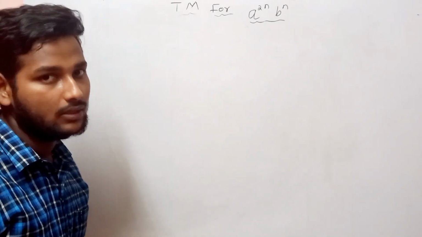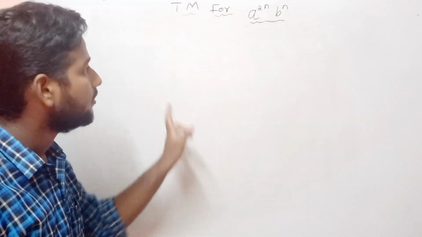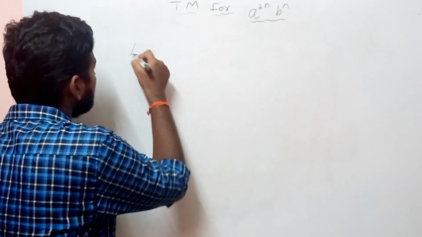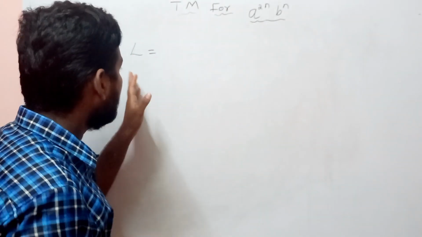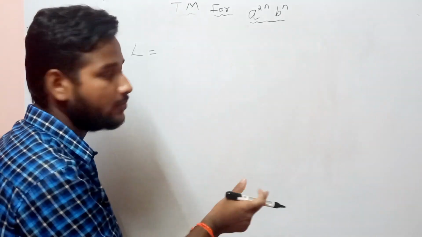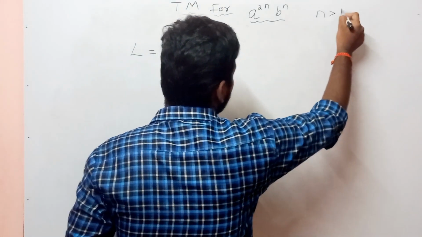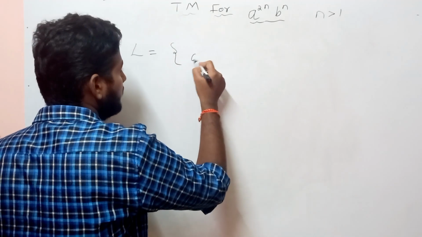In this video, we discuss the construction of a Turing machine for a power 2n, b power n. Let us give the language. How many possible strings are formed based on this, where n is greater than or equal to 1, which gives the string